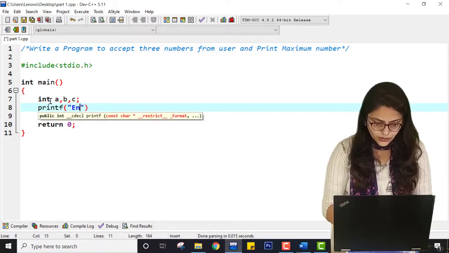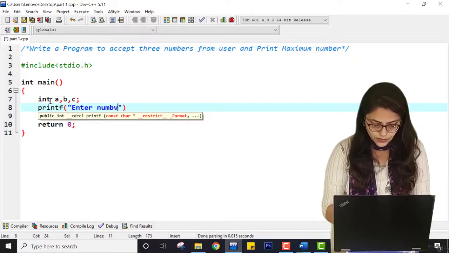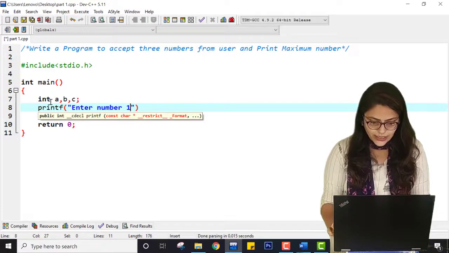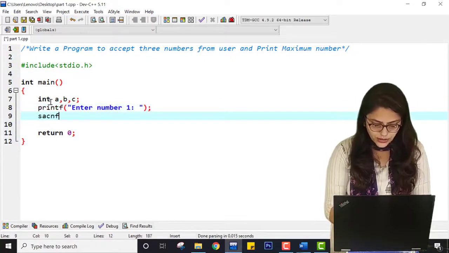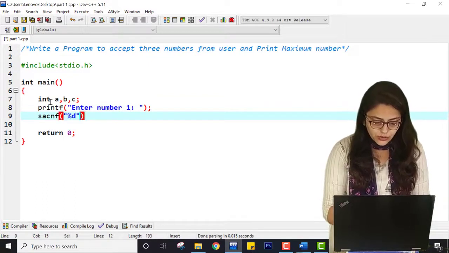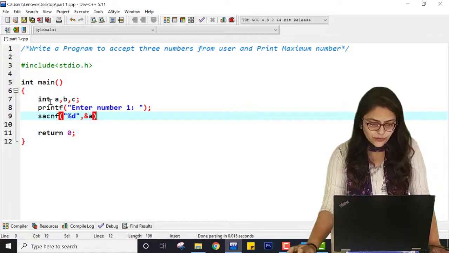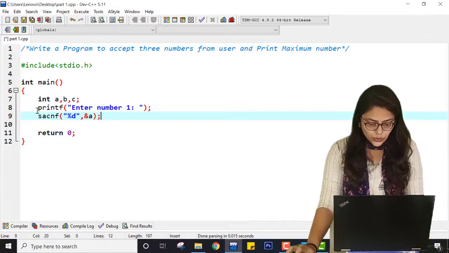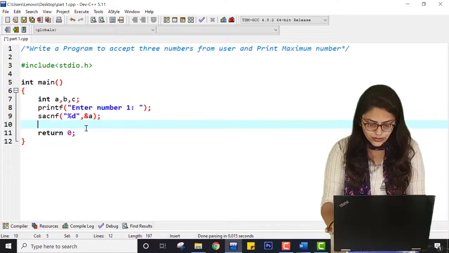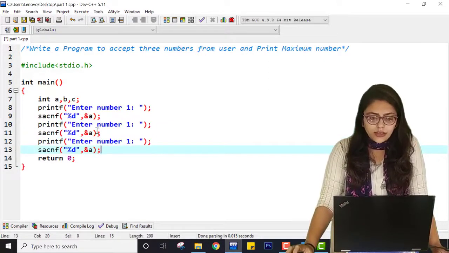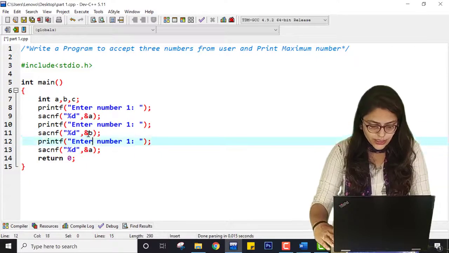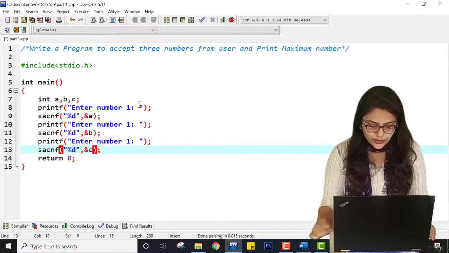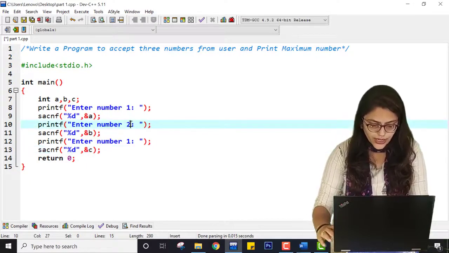Printf enter number 1, and then scanf. Here you can also use scanf for accepting 3 numbers at the same time, but I am using different statements for that. So here it will be B, here it will be C, and here 1, 2 and 3, right?